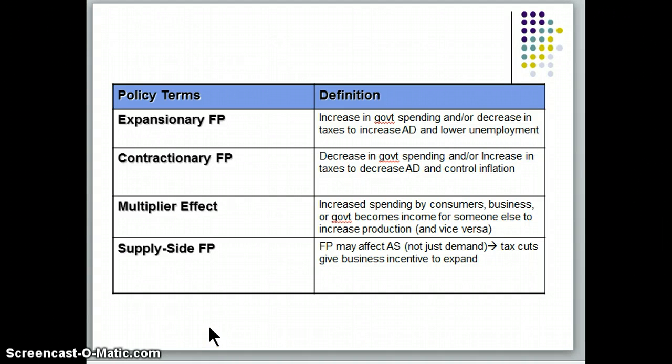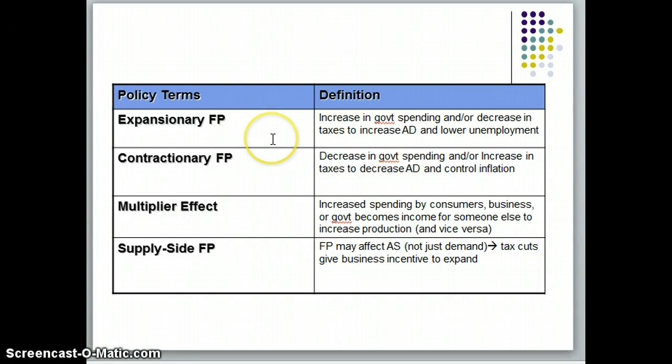Essentially, there's two types of policies. One's called expansionary fiscal policy, which you can see up here. And here in the definition, in case you're curious, I should mention this firsthand. AD stands for aggregate demand, and what that means is demand throughout the entire economy. That's what fiscal policy is dealing with. Unlike when we looked at our study of microeconomics and we looked at demand within certain markets, like for instance the shoe market and Air Force Ones and things of that nature. Now we're talking about demand throughout the whole economy. That's what fiscal policy is trying to do. Fiscal policy is trying to affect demand throughout the whole economy.